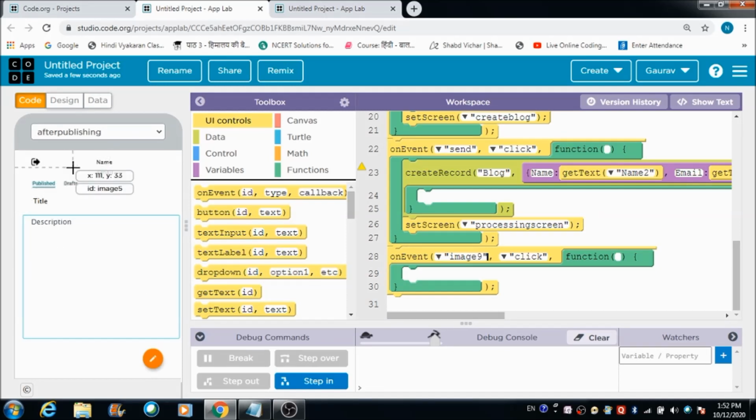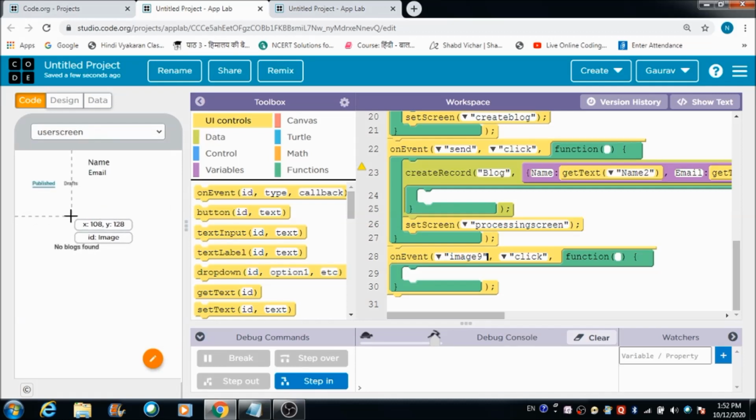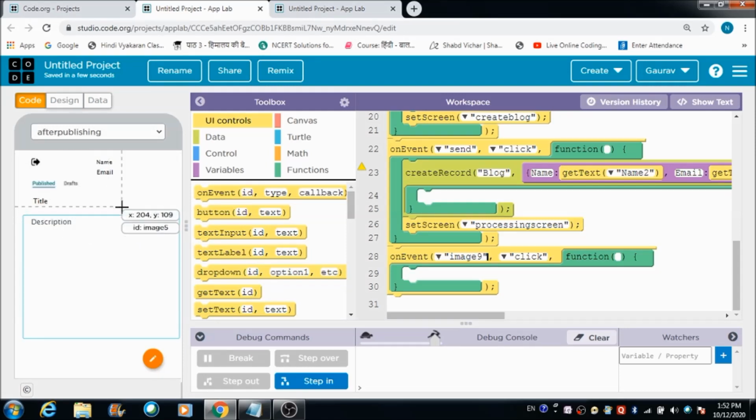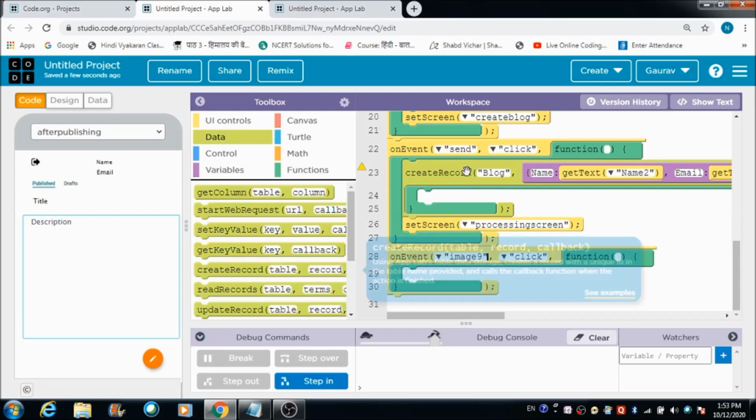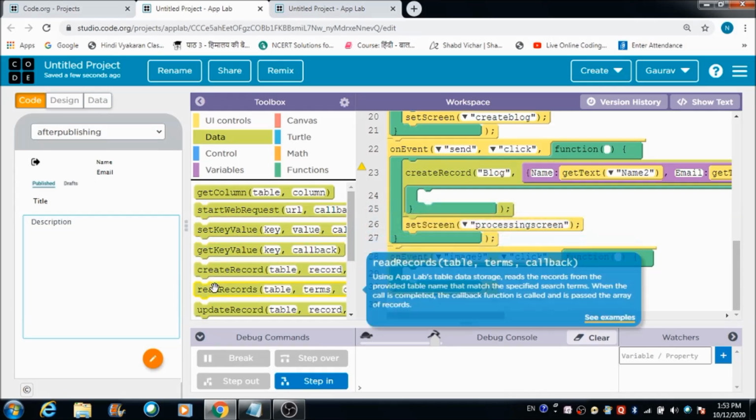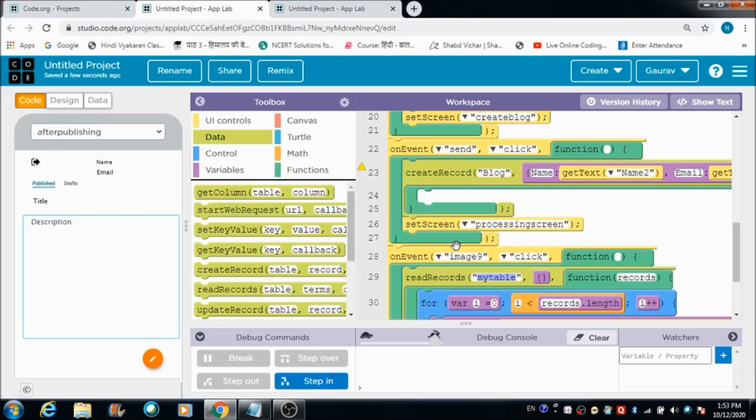It is similar to this user screen only, but the only difference is this we are using for a new user, and this we are going to use for an existing user. Okay. Now here I would like to see the name, the email ID of the user to get reflected right on the top, and besides that, the title and the description of his recently created post. For doing that, I need to read the records right from the table block. Let's make use of this read record block for doing the same. And here we are going to replace this my table with block.